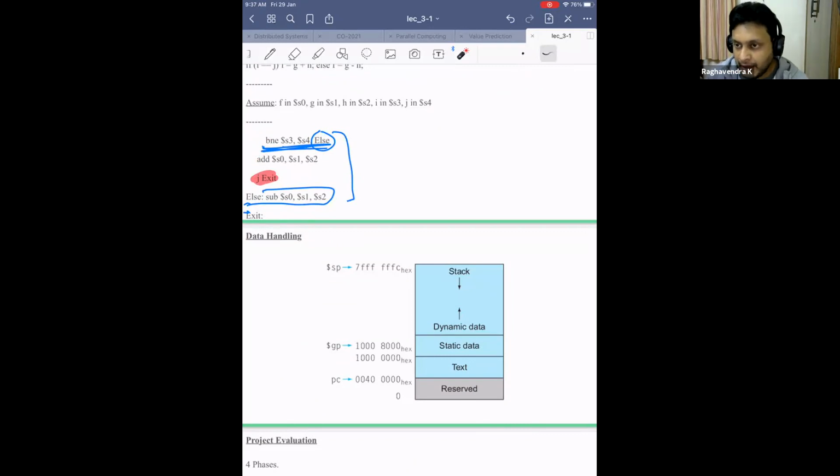In your lab, you will not be doing it using an actual machine. We'll be using something called an emulator, which we'll be talking about in the next lab. That's why we didn't have a lab this time, because I wanted you to get introduced to all these concepts. So what you will be doing is you will actually be emulating a system.